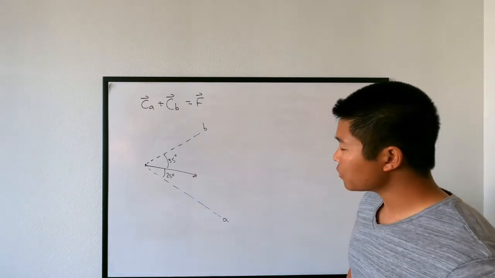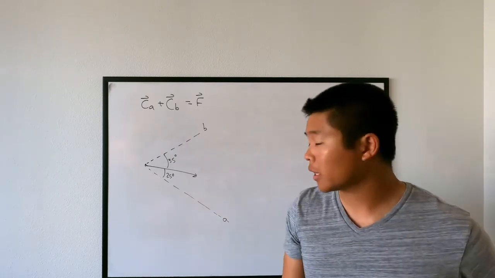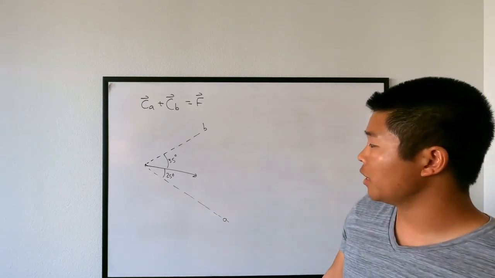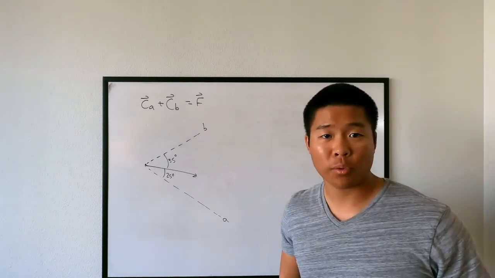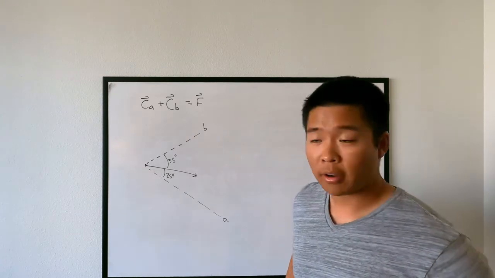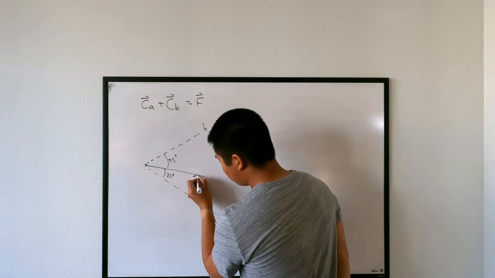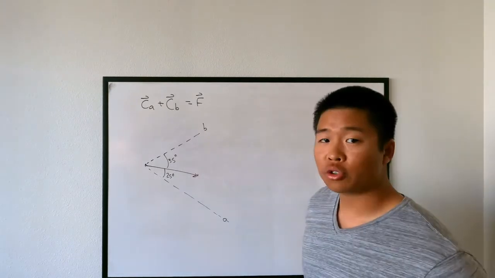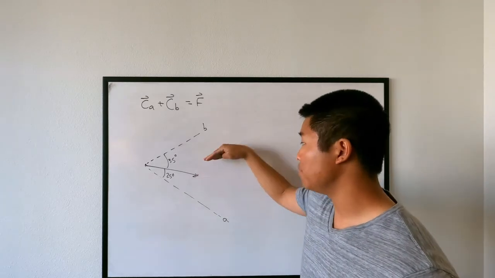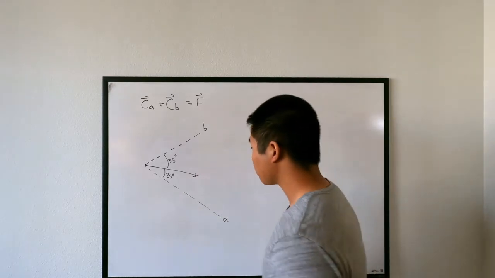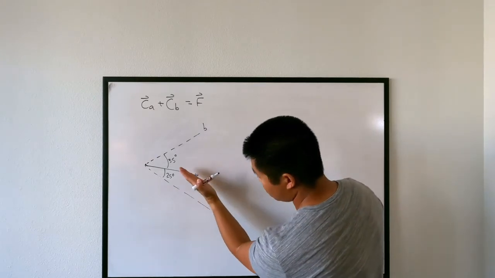So the first thing we're gonna do, you might be wondering, Scott, why did you draw these lines so far out? And you'll see why in a second. But the first thing that we wanna do is draw a parallelogram. This is what we call the parallelogram rule for vectors. All we're gonna do is look at the head of our vector, and then draw two axes that are parallel with our A and B existing axes. So I'm gonna look at my A, and then make a new line